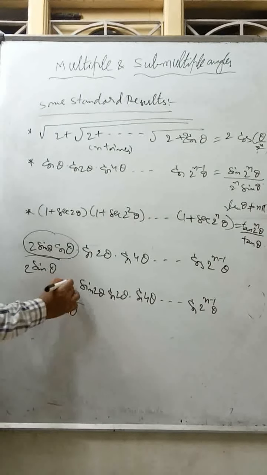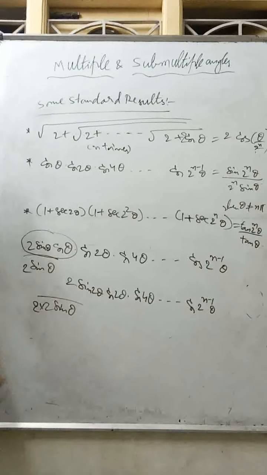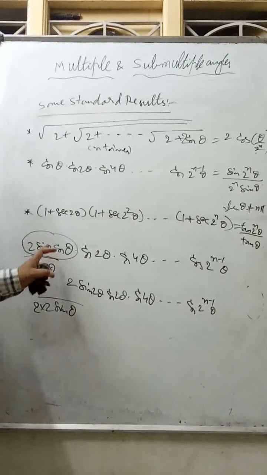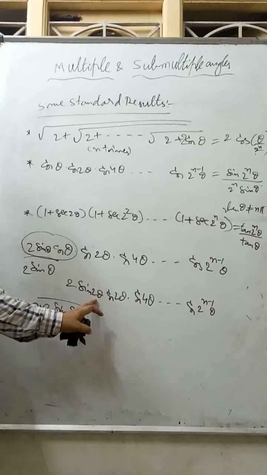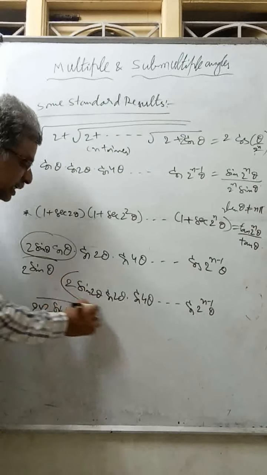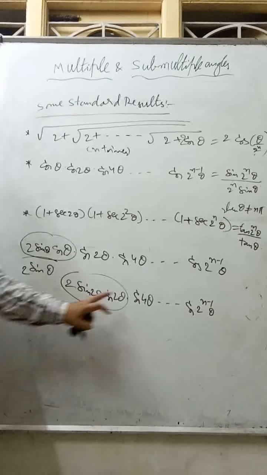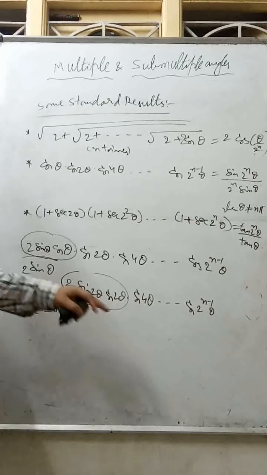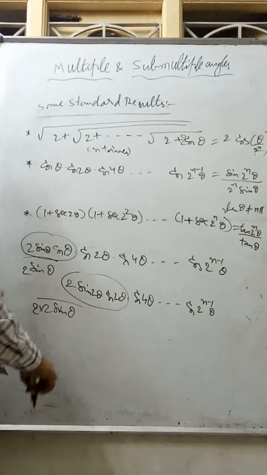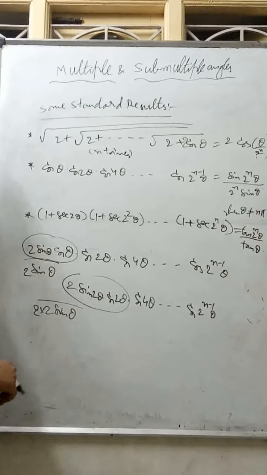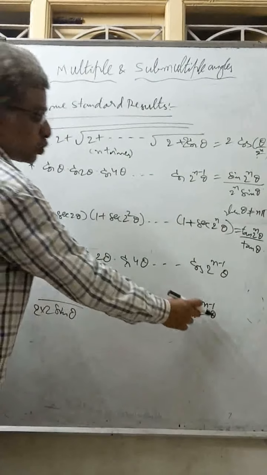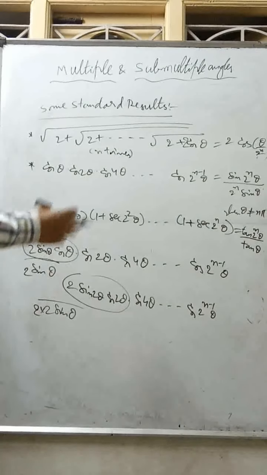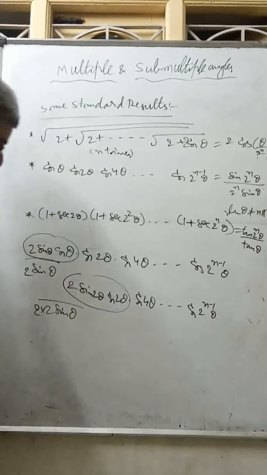Now if I do into 2 by 2 again, the first time it is becoming sin 2 theta. Next time, sin 2 theta again: 2 sin theta cos theta, sin 2 theta, so it becomes sin 4 theta like this. The second time it is becoming 4 theta, and like this the nth time it will be becoming 2 power n theta. This is 2 power n minus 1 times. So n minus 1 times it becomes 2 power n theta like this.